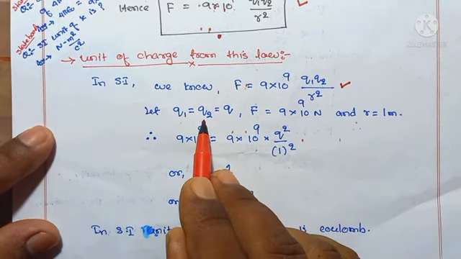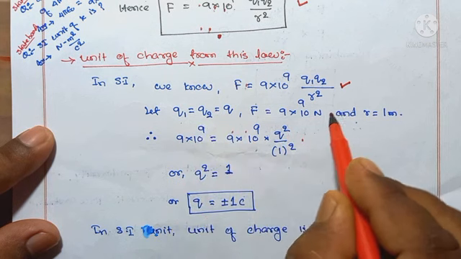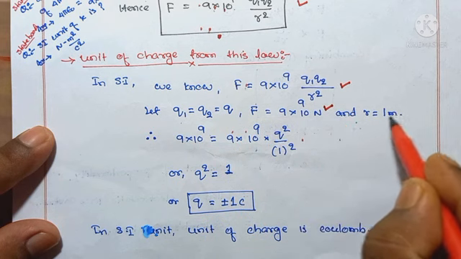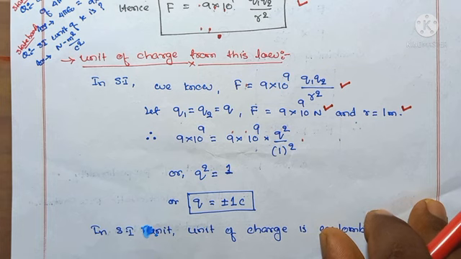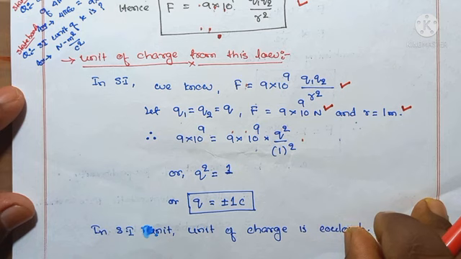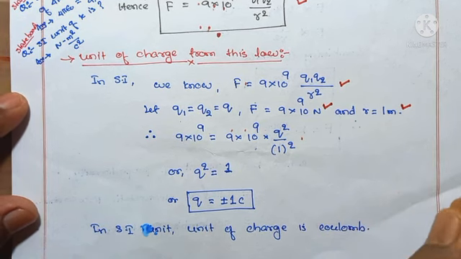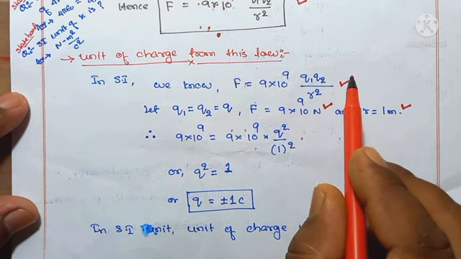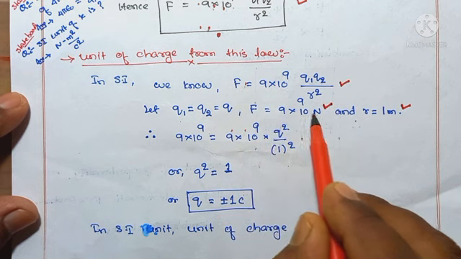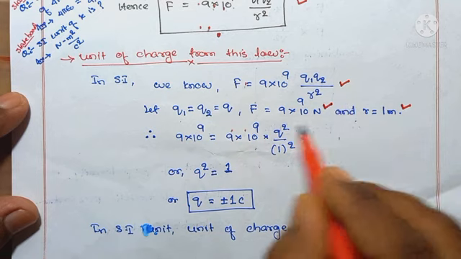Let Q1 is equal to Q2 is equal to Q, and F is equal to 9 into 10 to the power 9 न्यूटन एंड R इज 1 मीटर। मतलब हम लोग को कूलम्स फोर्स इक्वेशन मालूम है फॉर फ्री स्पेस और वैक्यूम मीडियम। इसमें हम Q1 इज इक्वल टू Q2 इज इक्वल टू Q लेंगे, फोर्स 9 into 10 to the power 9 न्यूटन लेंगे, R इज इक्वल टू 1 मीटर लेंगे।